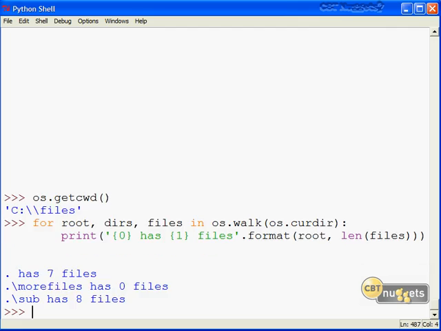So what this should tell you is we're going to get back the number of each object in that folder. So in this case, dot, which you Unix, Linux, and Mac OS people, and even frankly those of you who go back into the MS-DOS days should know, is the current directory, has 7 files. And if we go into more files, there's nothing in there. And then, as I showed you, the subdirectory has 8 text files. Simple example of how to walk a directory tree.